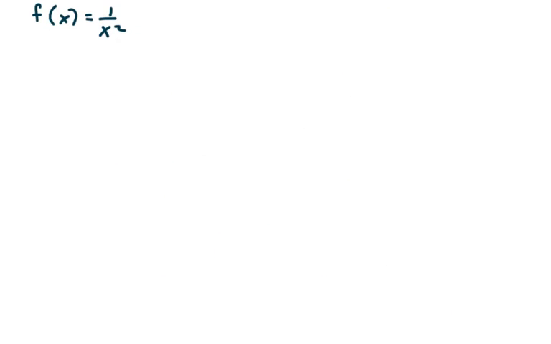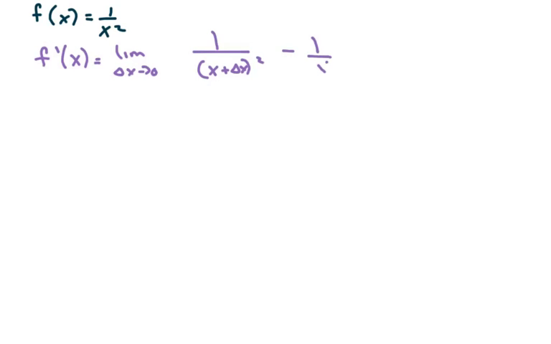Okay, the next one is this one. So I'm going to do the same thing. The derivative of x equals the limit as delta x approaches 0. And everywhere there's an x, I'm going to put x plus delta x. And I'm going to subtract my whole function. Okay, my common denominator here, oh, this is all over delta x. It's going to be x squared times x plus delta x squared. So when you cross,